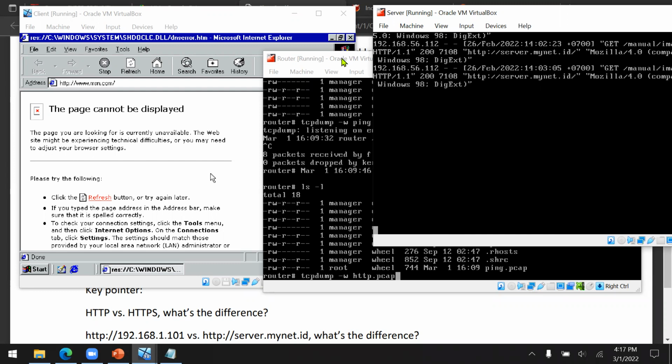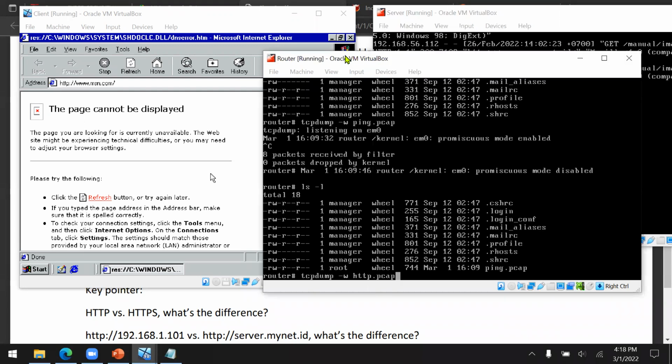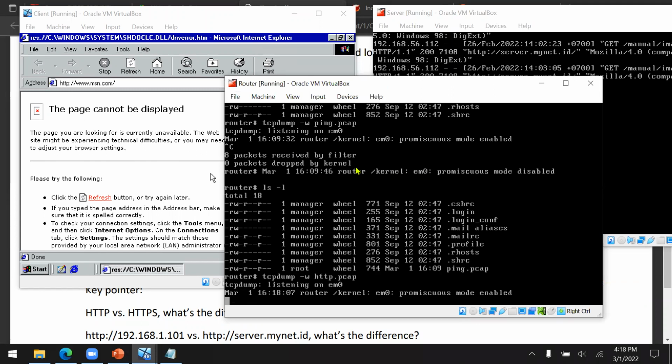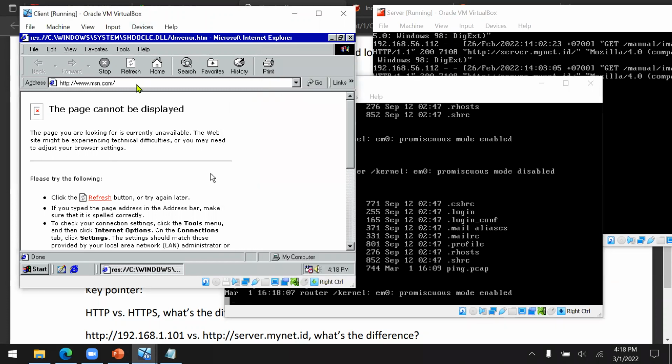So every time a client tries to access the server, we can identify who's the client. Okay, now let's try to capture the packet. Okay, now try to access the server 192.168.1.101.